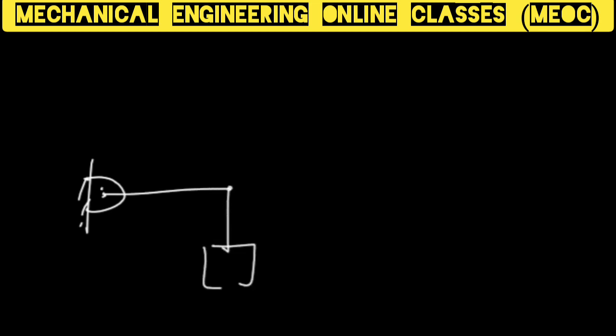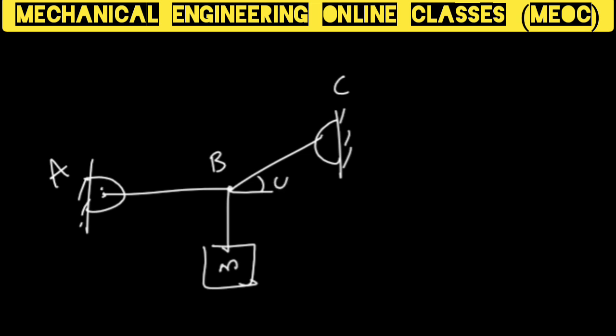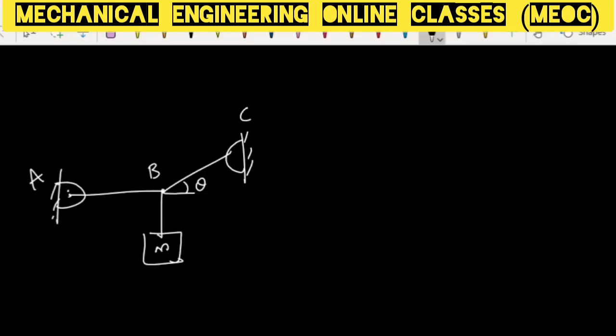Now for example, if mass M is hanging from point B that is supported at two ends, say A and C, with the help of a thread as shown here, then we can draw the FBD, or we can see all the forces acting at a particular point, say B here. Because this is all thread, there will be tension experienced by the thread. As we have already seen, because a thread is a pull force, the tension will be away from the object.